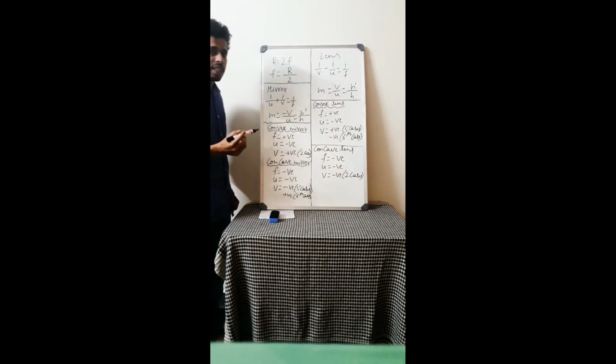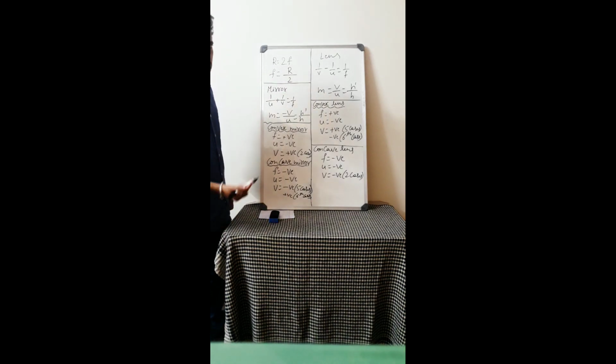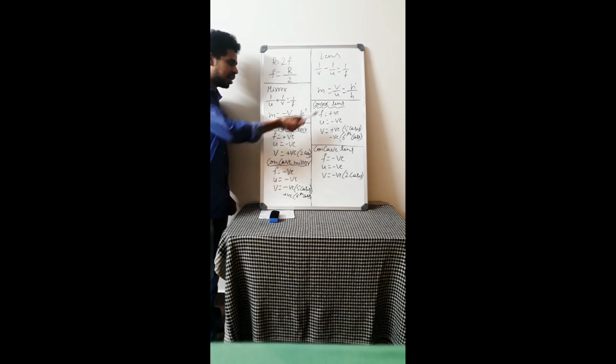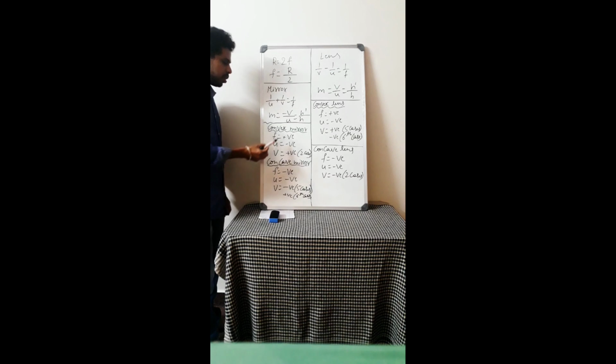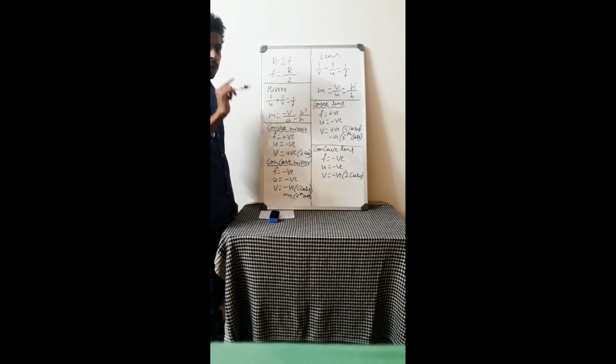But you have to remember the sign conventions also. What are sign conventions, whether to take a value as positive or negative, all that you have to take care of, or else you are going to end up with wrong answers. I have written all the sign conventions for all types of mirrors and lenses: two types of mirror and two types of lenses. To know this, you have to remember the ray diagrams properly. I have already taught you sign conventions, so once again go through them and remember.